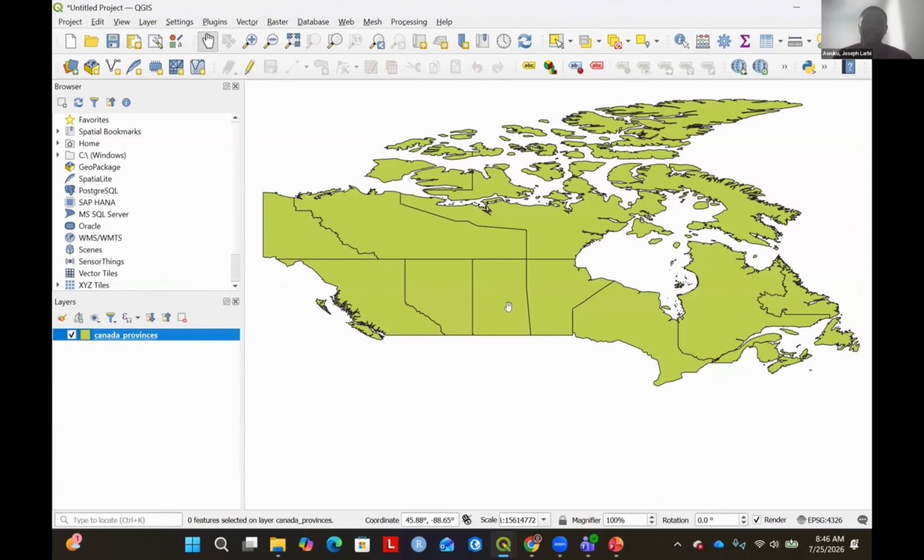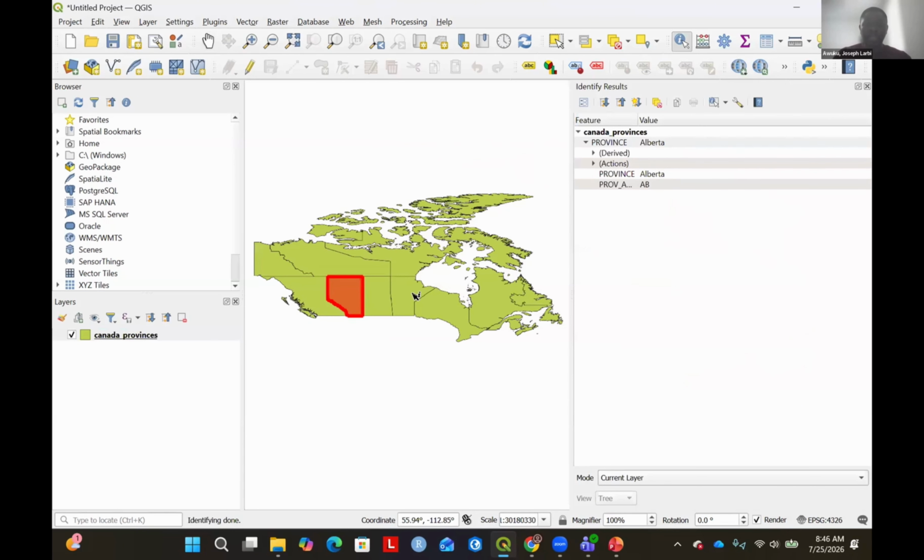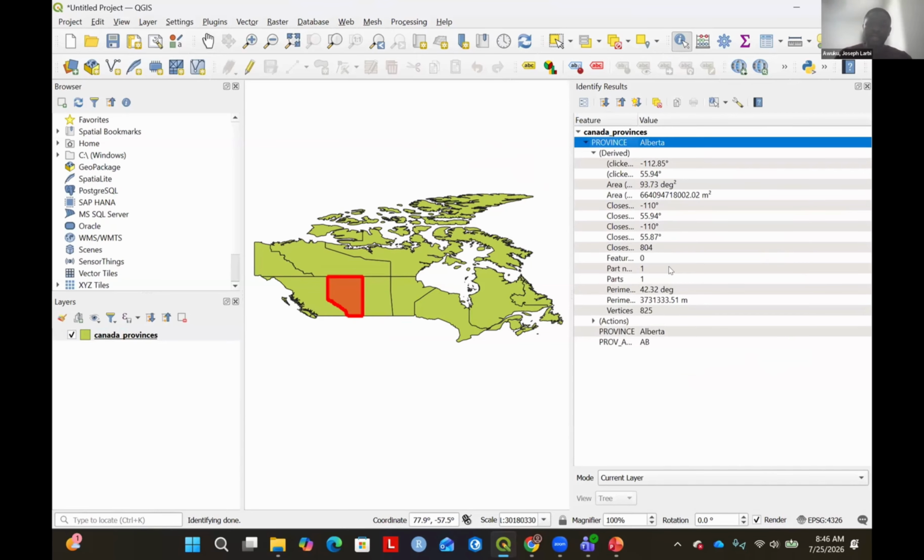And again, if you want to identify what is actually in your data, I made mention that you can use the identify option. Okay, so the identify feature, which is part of the menus that we have here, once you click on that, you can click on any feature and that should give you information about it. So it tells you the province, and then the province abbreviation also. And then sometimes you have more information, the longitude, latitude, it could give you information about the area and all that,